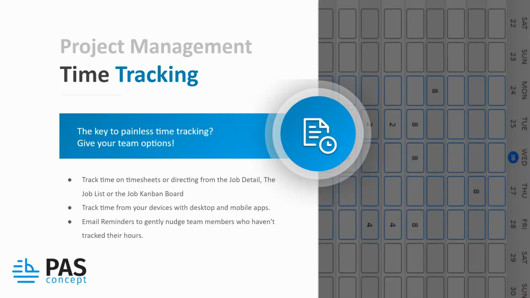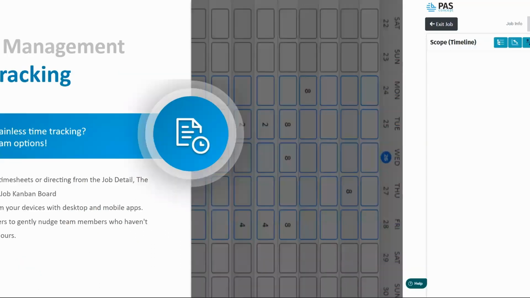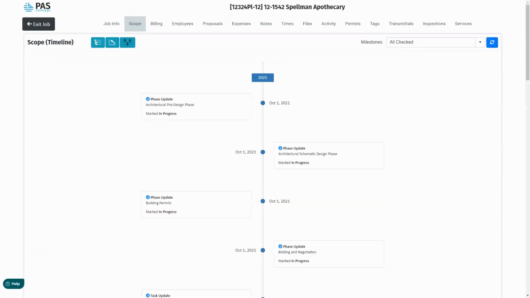Time tracking is absolutely critical for any project. It is the one thing that can help you stay within budget, that can make sure that you're progressing at a rate that is sustainable for a project. And there are many ways to attack and observe this within Past Concept. The first step, of course, is assigning time to your employees. That also is done through the job detail. There are a couple ways to do it.